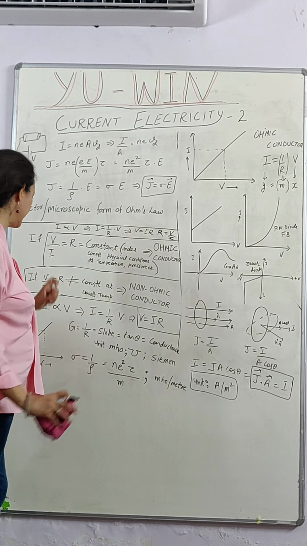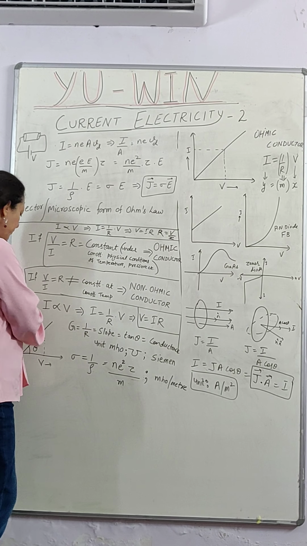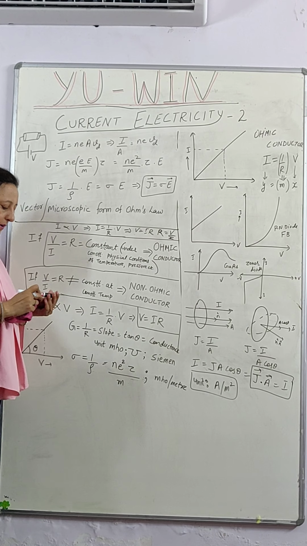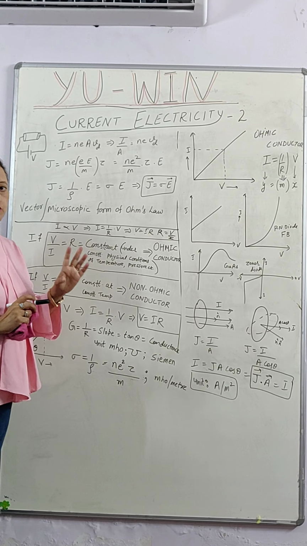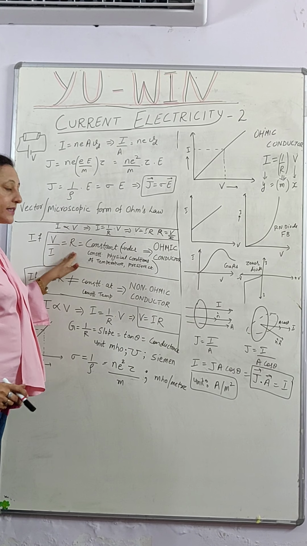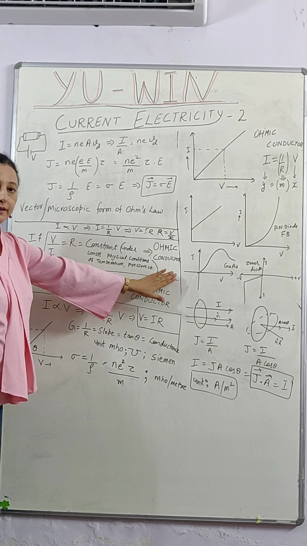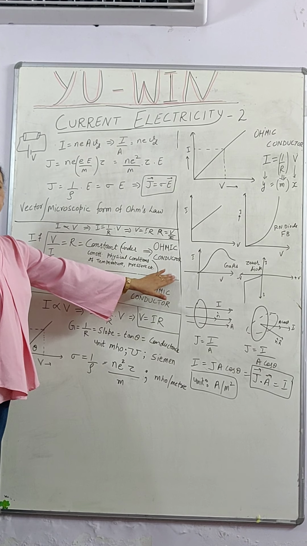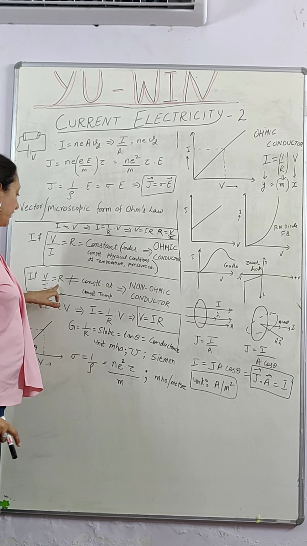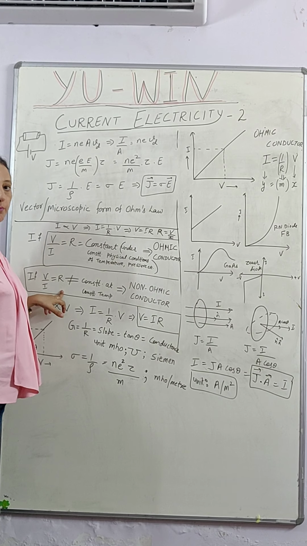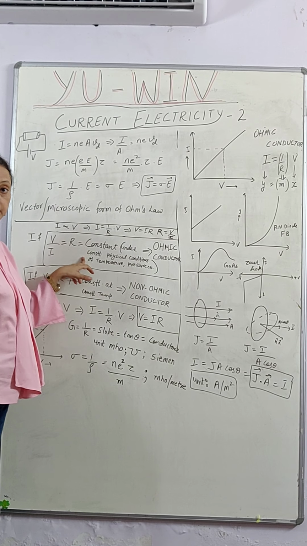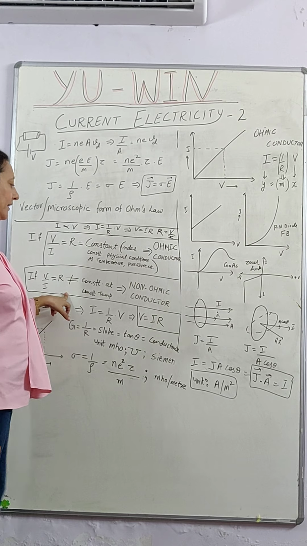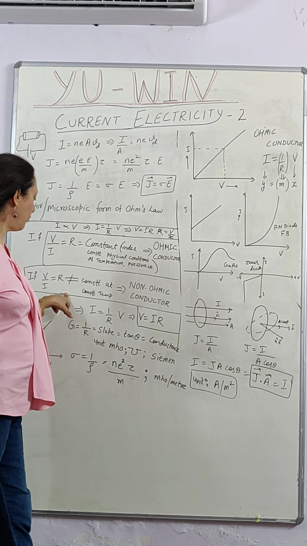So there are some misconceptions in this law. Although very simple to use, you always need to remember V by I is always equal to R, whether it is ohmic or non-ohmic. If it is constant, then it will be an ohmic conductor, provided the conditions of temperature and pressure are constant. If it is not constant, and changes from point to point although I have not changed the temperature, then this conductor is known as a non-ohmic conductor.